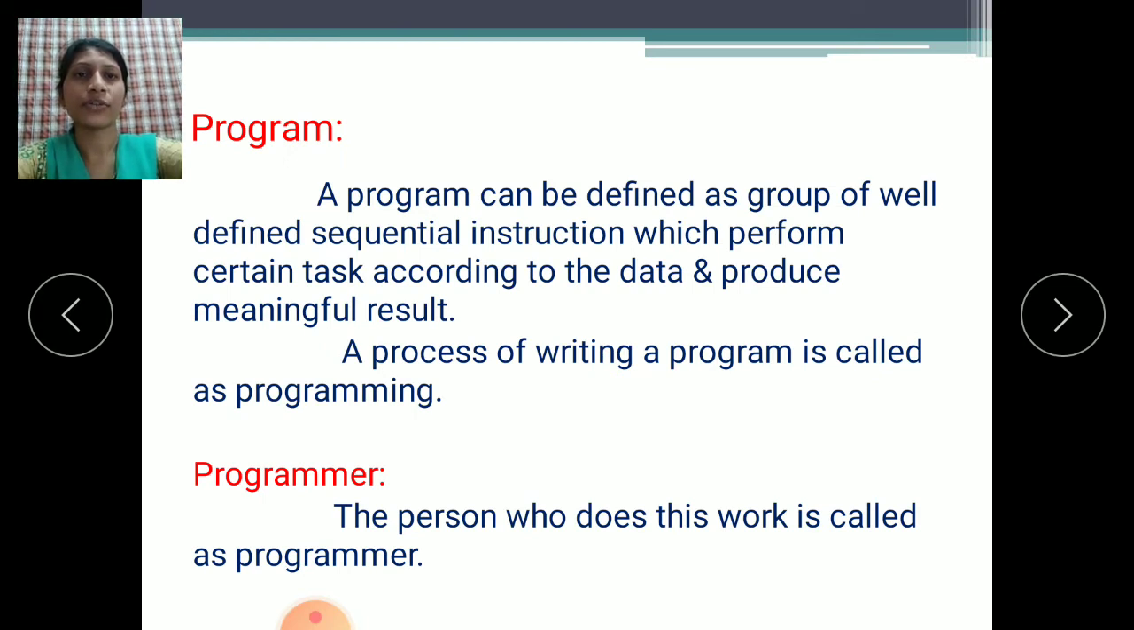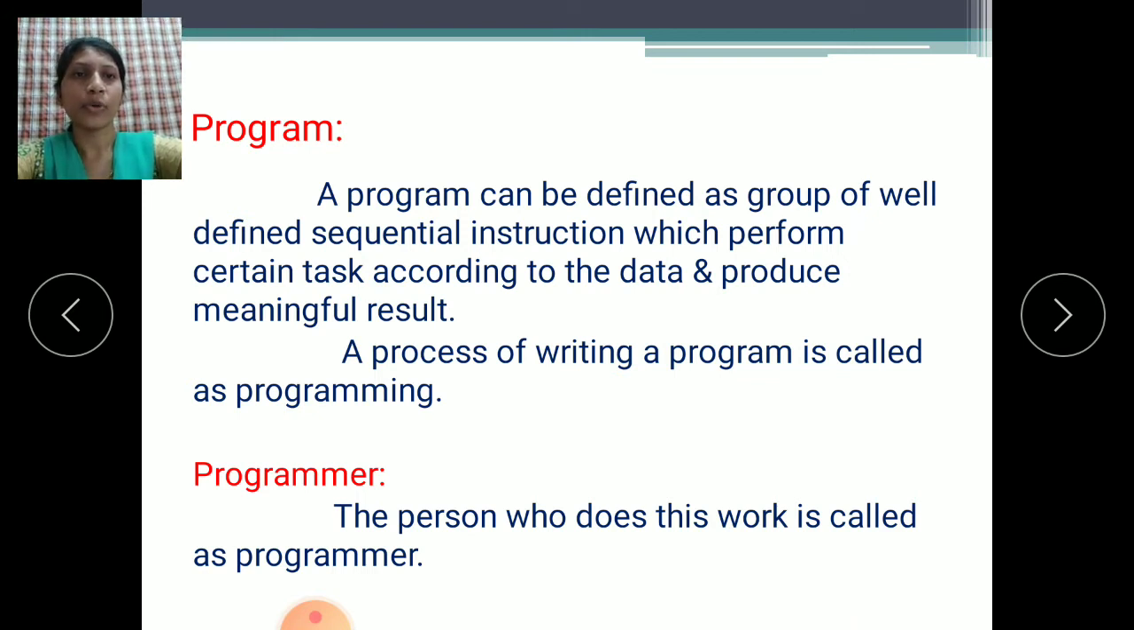See here, as you see on the screen, what does program mean? A program can be defined as a group of well defined sequential instructions which perform certain tasks according to the data and produce meaningful results. It is a set of instructions that we can follow, and according to those instructions we work. For example, there is some data, and according to that data we produce the meaningful